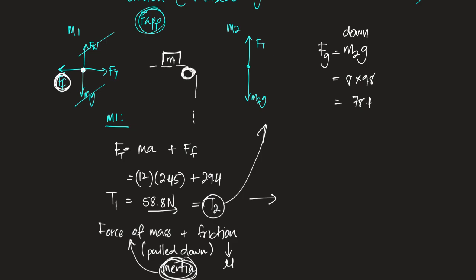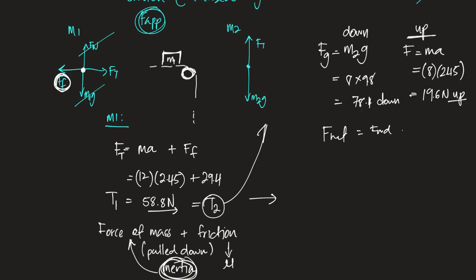What's also happening is there's something that's pulling it up as well. So F is equal to MA, and I know my mass is 8 times 2.45, and that gives me 19.6 newtons. And that's pulling this whole thing up, and this is going down. Now to get F net, we must take forward minus backwards. I'm going to take 78.4 minus 19.6, and I should end up with 58.8 newtons, essentially, which is T2,